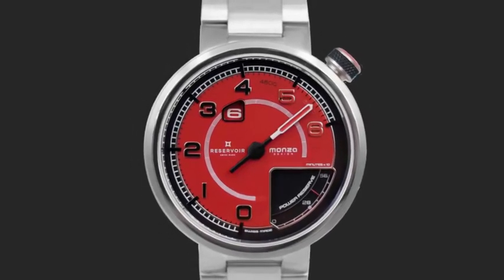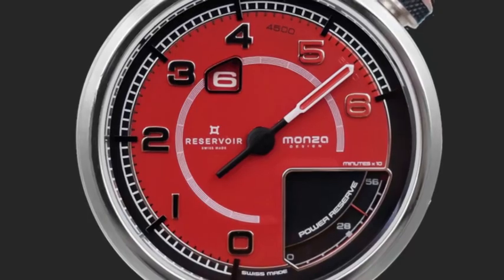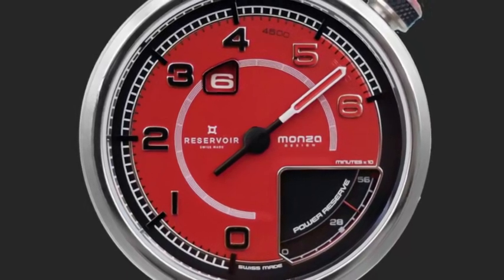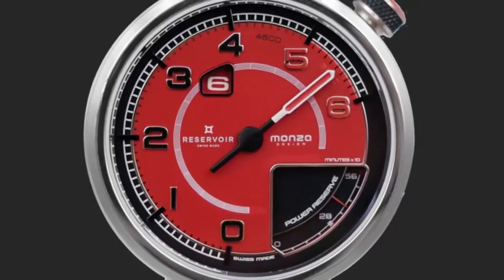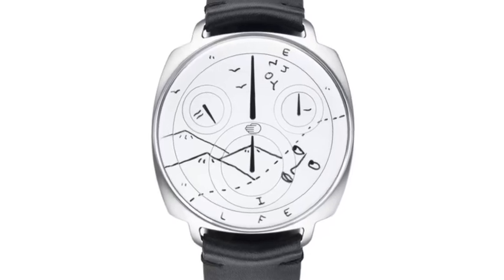The colorway is amazing looking, such a fun dial. And that power reserve indicator, that's cool. And doing the jump hours, and yet the minutes hand appears to be telling hours, but it's not. That's pretty cool. Another watch that I chose is this Resonance watch, and they went with a dial that looks